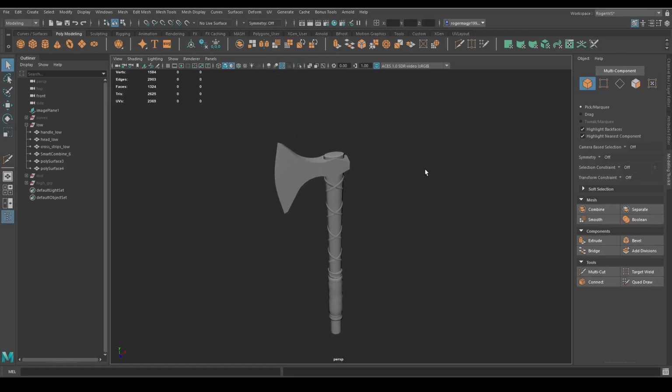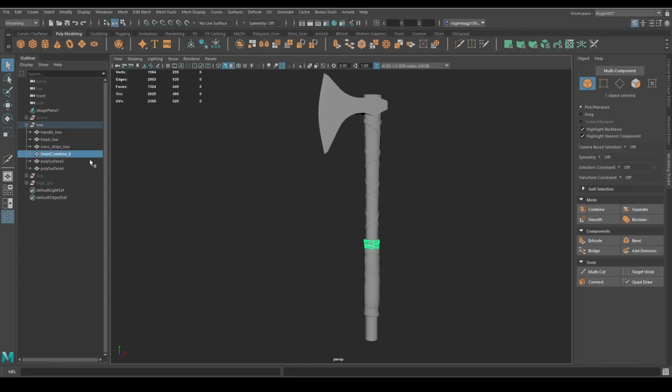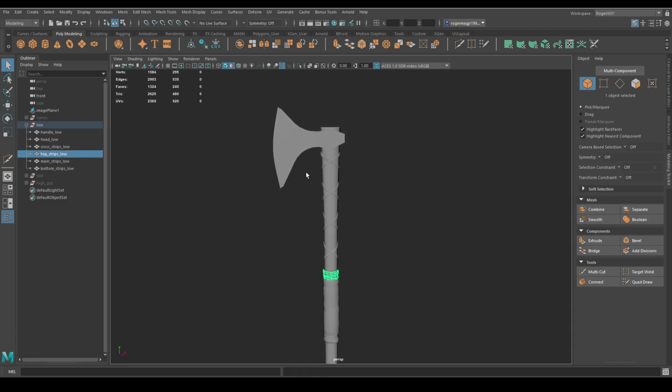Okay, so let's start with the UVs first. Let's name the ones we're missing. So this would be top strips, bottom strips, strips, low. Let's add the low here, and we're missing the cross section here for the head, but that one's